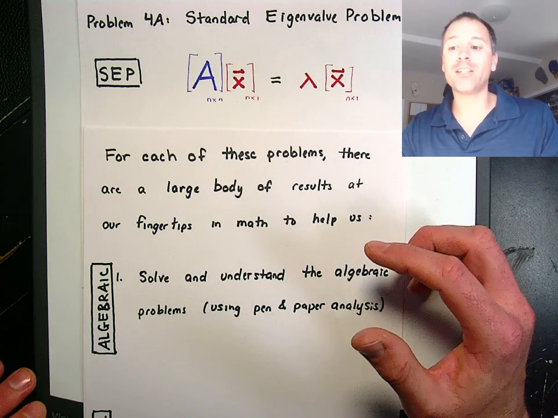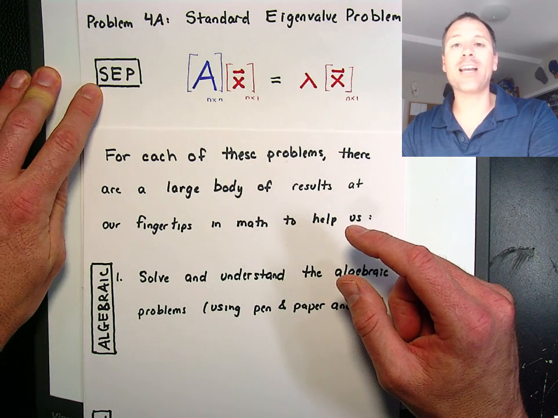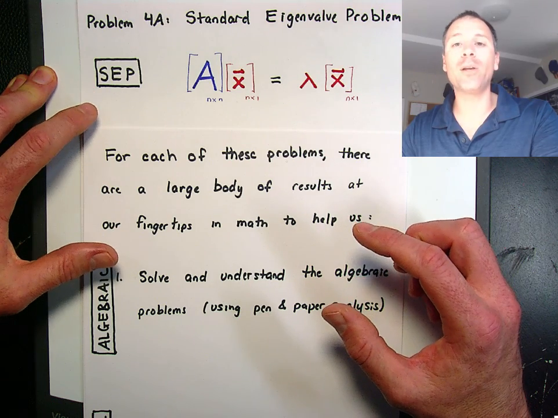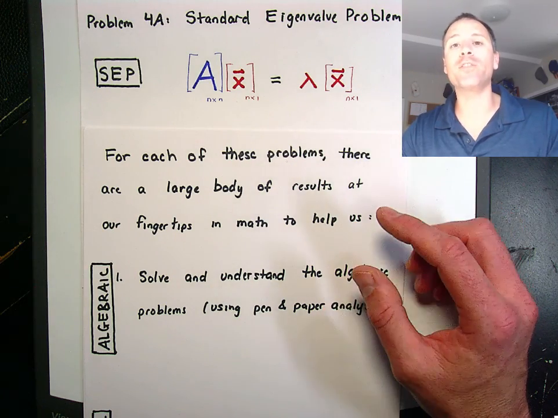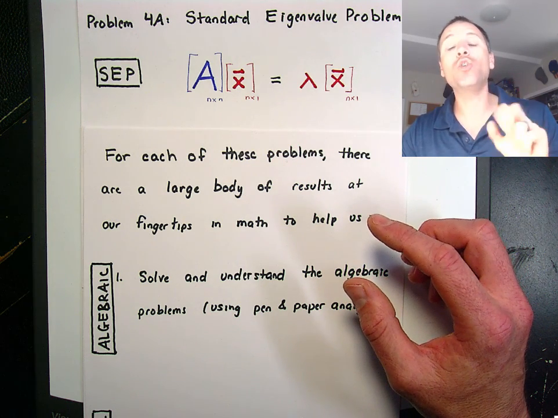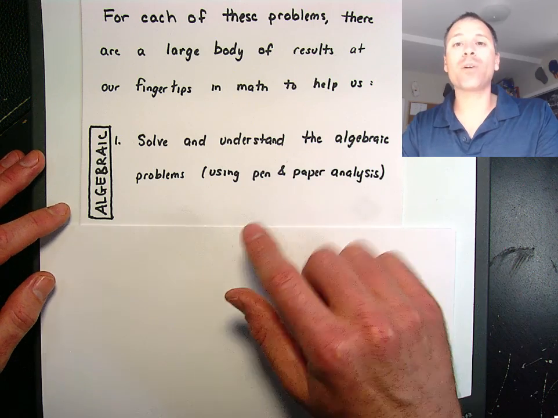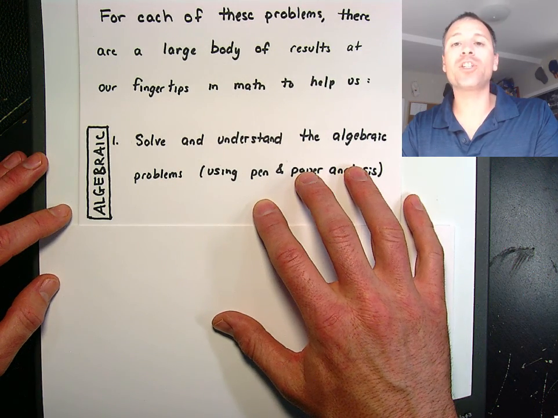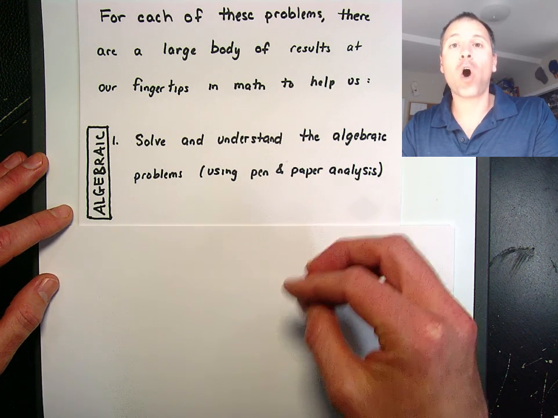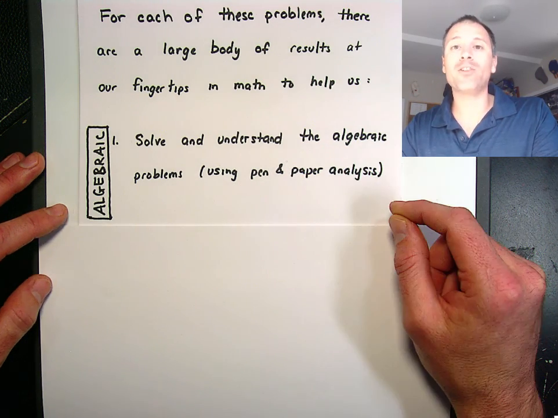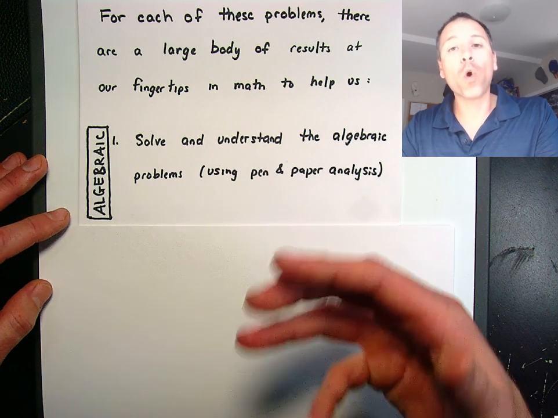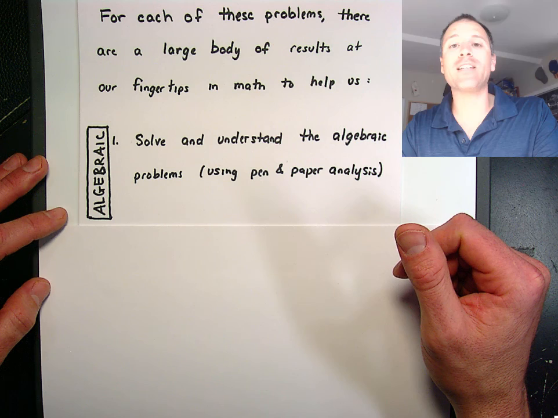The good news for us is, as we work to solve standard eigenvalue problems, we can dip into large volumes of theory that have been created over the last 350 years. I'm going to encourage you to think about that theory as having two categories. The first category is what I would call an algebraic approach to solve each of those problems. Each of those problems, strictly stated, are in algebraic terms, so we can use theorems and pen and paper analysis to work through each of the challenges that arise in those problems.